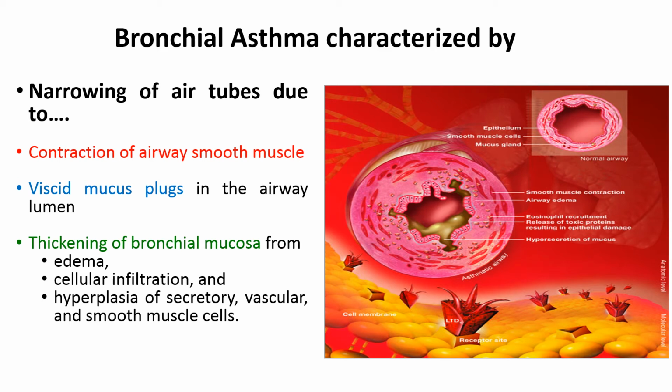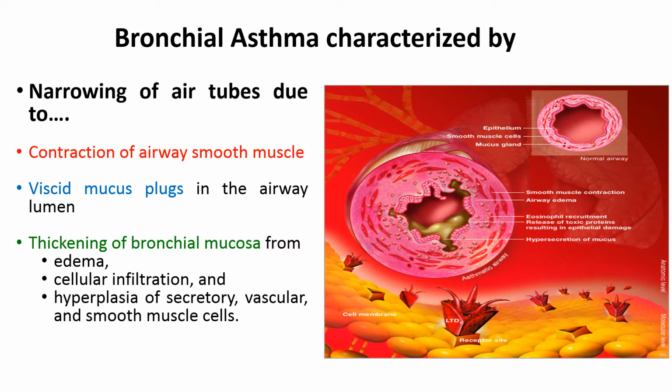And on a long run, what happens? It leads to narrowing of air tubes. As you can see in this figure, there are two figures. One is a normal air tube and one is the air tube of a patient suffering from bronchial asthma. What you can see in a patient suffering from bronchial asthma is narrowing of the air tube mainly due to